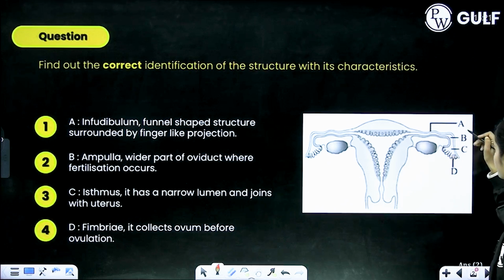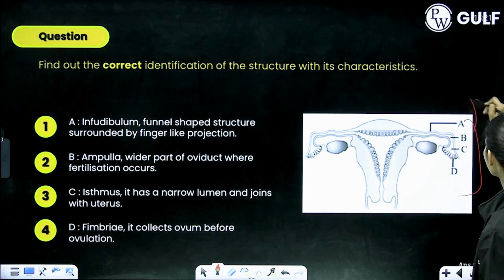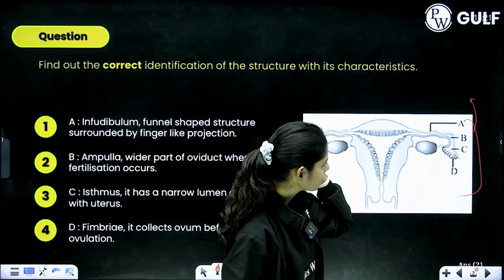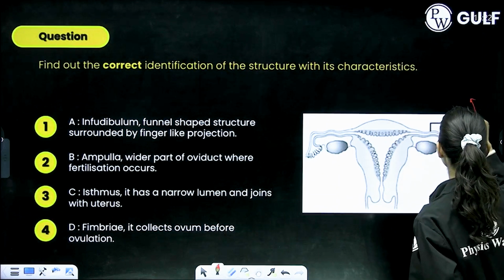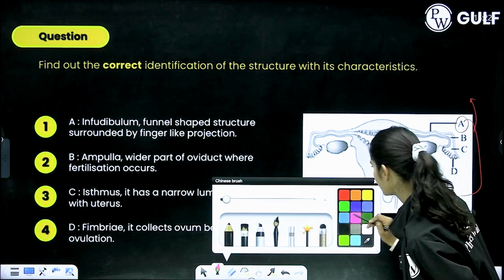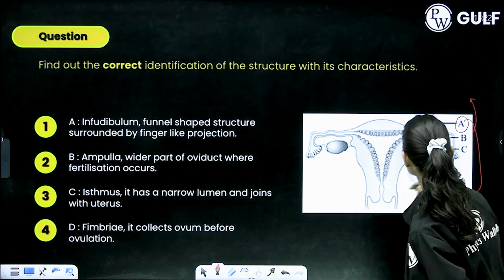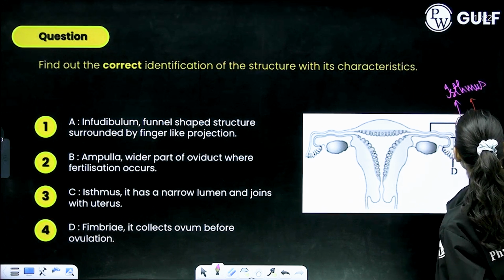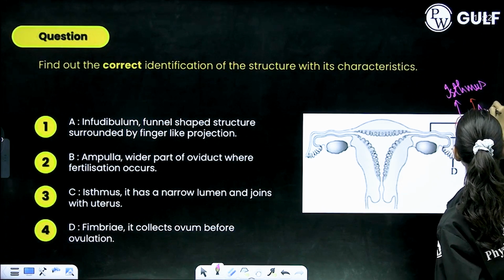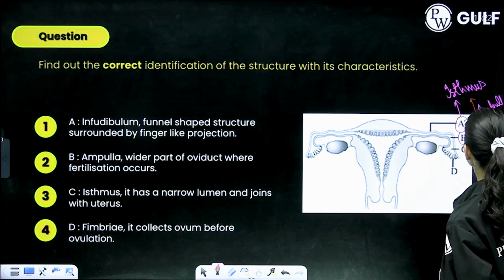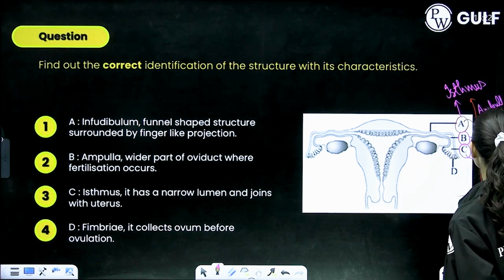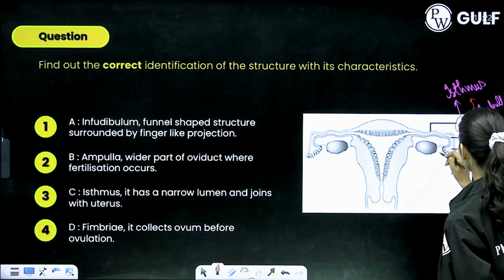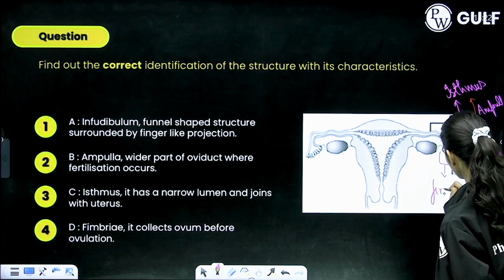We all know the first part, okay, these are the parts of the fallopian tube, or you can call it the oviduct, right? So the first part that you look at here is actually the isthmus, okay? This one is isthmus. Let me just write it for you. Then we have ampulla. Then we have infundibulum. And we have this fimbriae part, right?